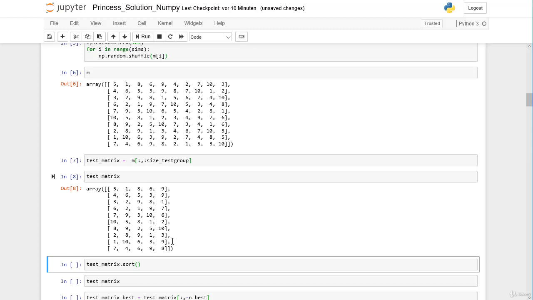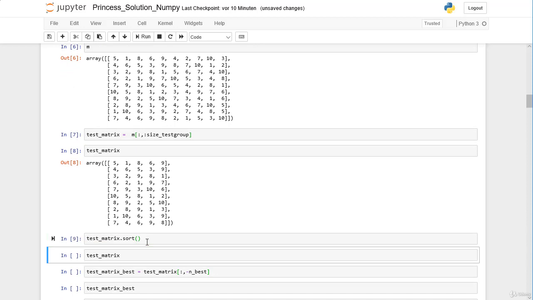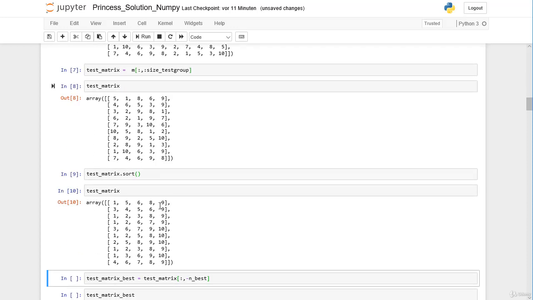we can do this with the sort method. And the sort method works in place. So let's check our test matrix sorted. And we can see that we have sorted each row in an ascending manner, so starting from the low values until the high values. And now we can slice our test matrix for the highest values or the second highest